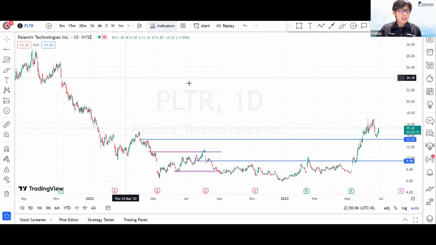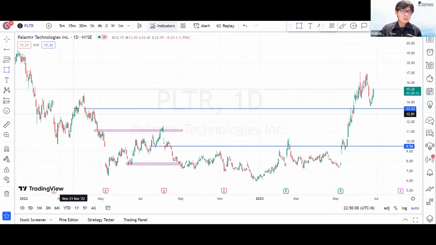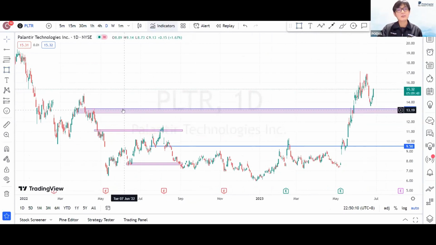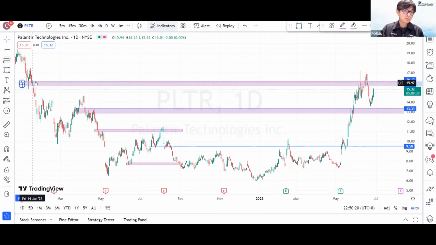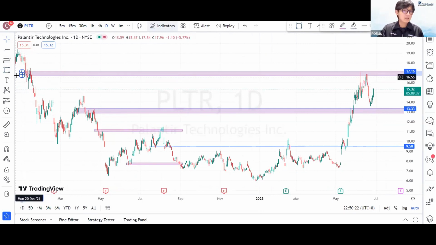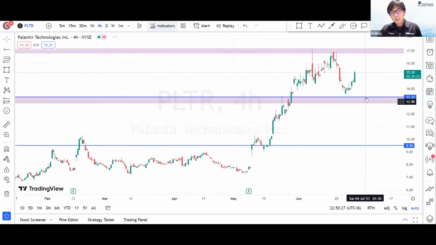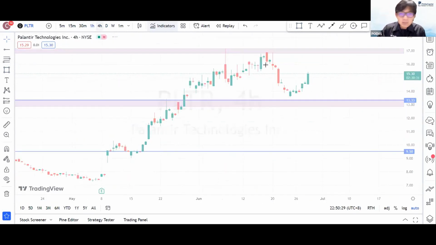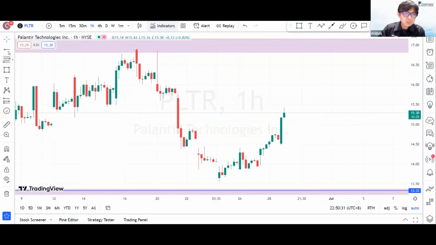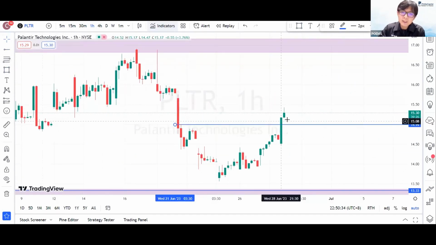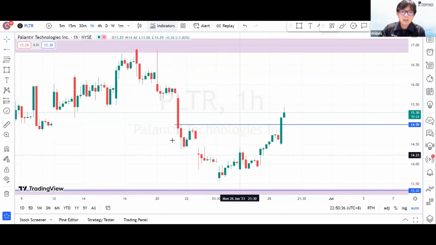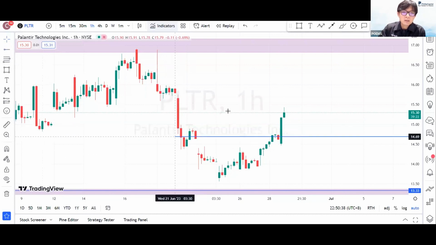So Palantir daily wise is very nice. This is what I mean. You have a supply level, price gets rejected off. They tried moving into the supply turned demand, and subsequently price is moving quite bullishly now. We have a subsequent supply level at 16.8 to 17.1, plus minus. H4 wise, if we dive deeper into intraday, what I'm looking at is price bullishly broke the previous supply level. Maybe not this one. Yeah, this one will look better.